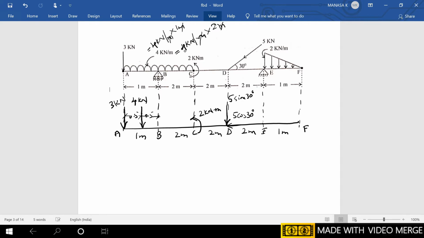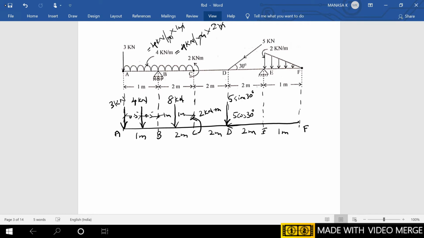Meter and meter get cancelled. So the total of one point load of intensity 8 kilonewton is acting at the middle of the 2 meters, that means 1 meter and 1 meter apart from point B and C respectively. The moment is written as it is here, then inclined forces are converted,